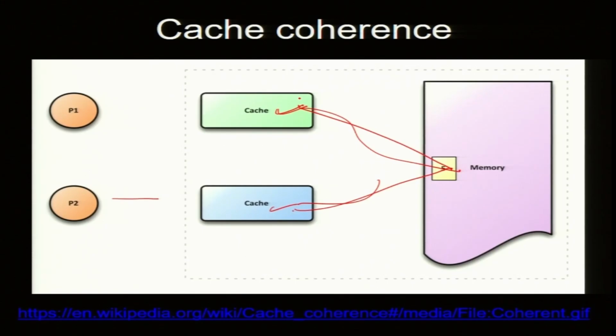So, with memory to cache, you have to make sure that if P1 is changing something in its cache, then it goes to the RAM and the RAM sends it back to the P2 cache. It is a hugely expensive operation. Remember, cache to memory was an expensive read and write. So, it has to go from the P1 cache to memory, then to the P2 cache to maintain consistency, and that is the time cost.